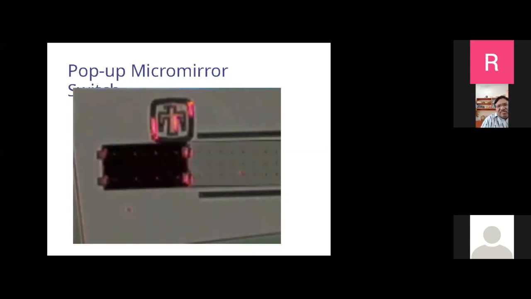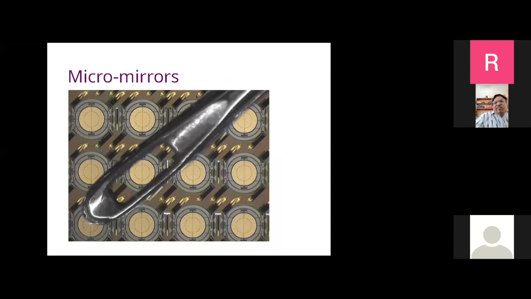Let us go to one more slide. So this is an example of micromirrors. You are seeing an array of micromirrors on a chip. They are of course lying flat, they are not popped up. You can see their size. They are very small, of the size of a needle. Not very small actually, compared to the VLSI circuits and electronic devices that we talk about, and even integrated optical devices that we talk about, but they're quite small compared to bulk mirrors. So they're very small mirrors. Many have been made. So I'll show you the close-up of this.